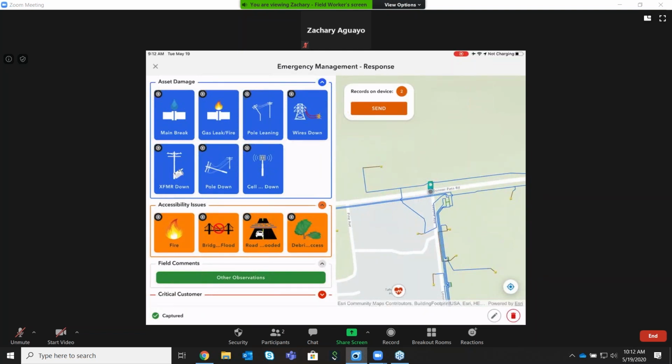Further down the Vaughn Street, the water main had burst, since the road is separating here. The main supplies Tahoe Hospital, a critical customer, with water. So reporting it will help the office assign a higher priority to work so it can be repaired as soon as possible. I'll click on water main here.